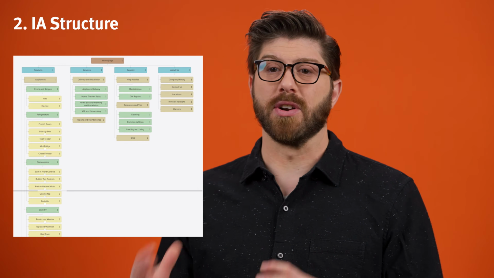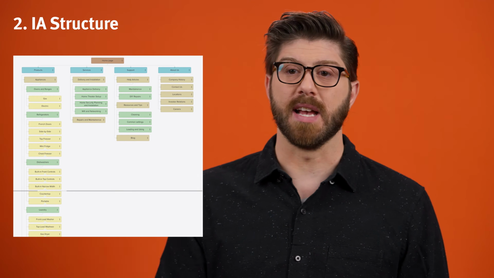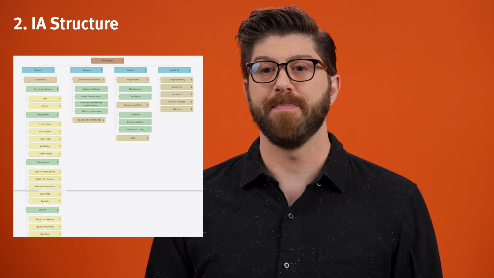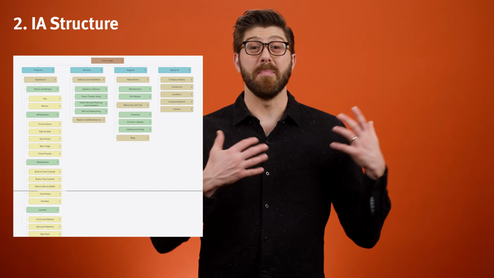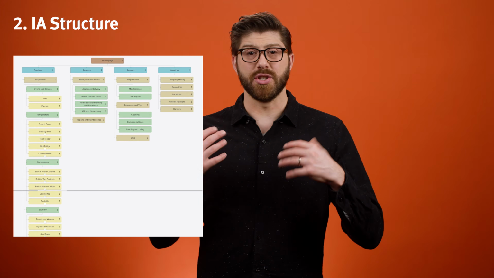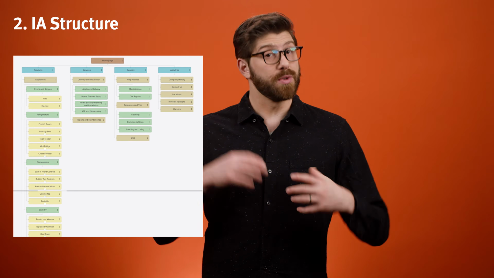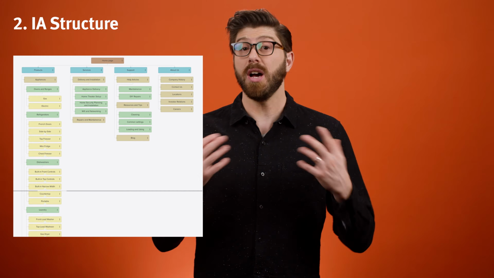The actual IA structure is a map of all the key pages of a site or key screens in an app and the relationships between them. The IA is part of the backstage. It isn't directly shown to users, but it is used by the team to design the navigation or decide where a piece of content should go.